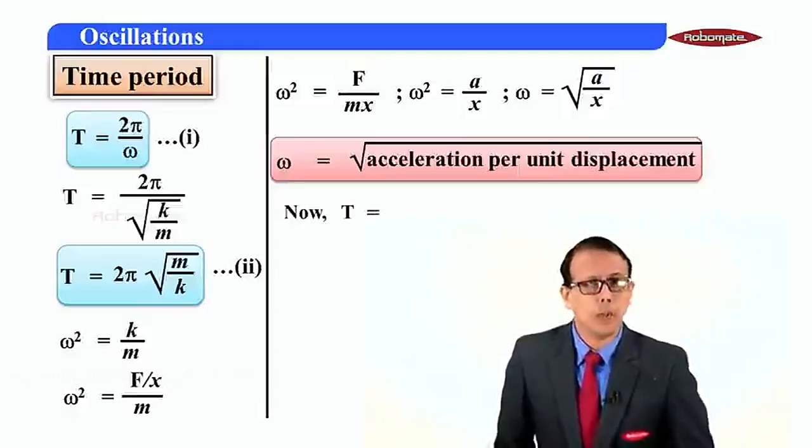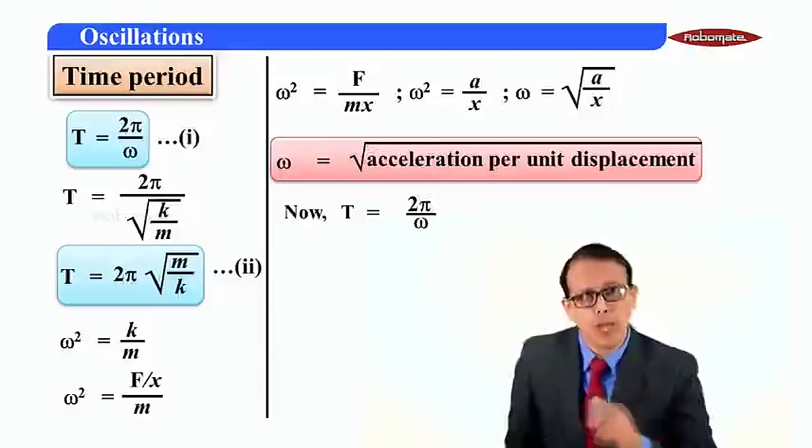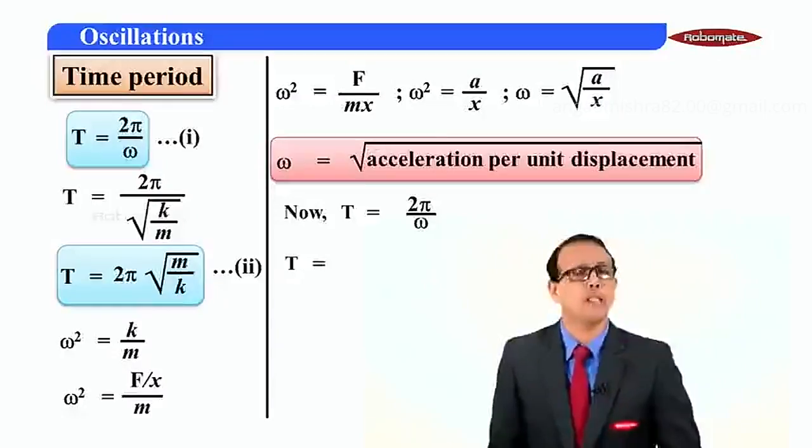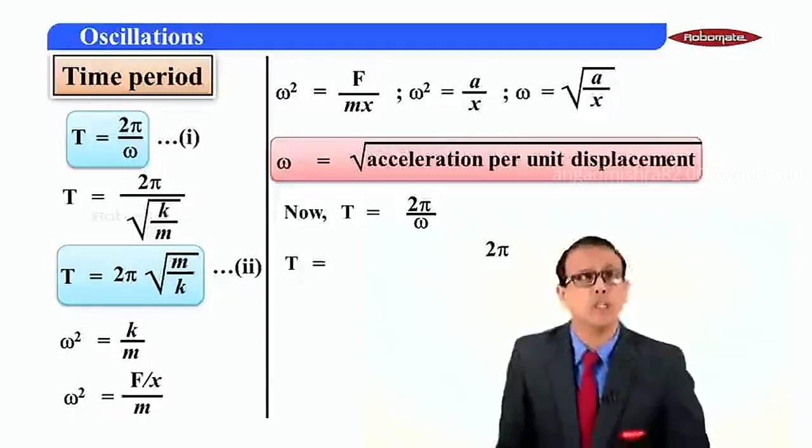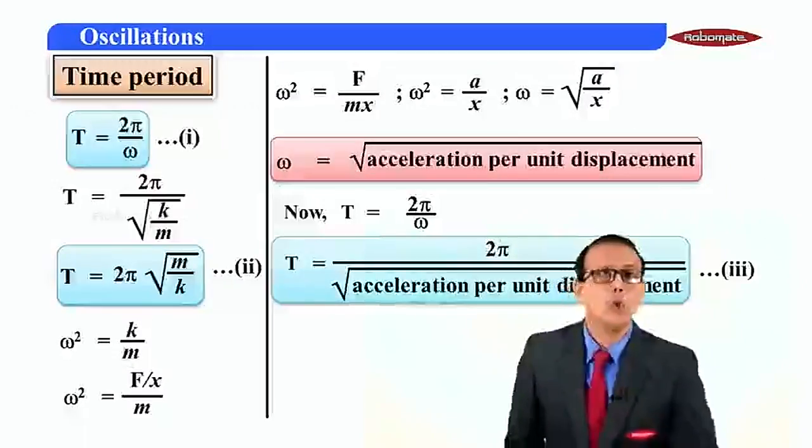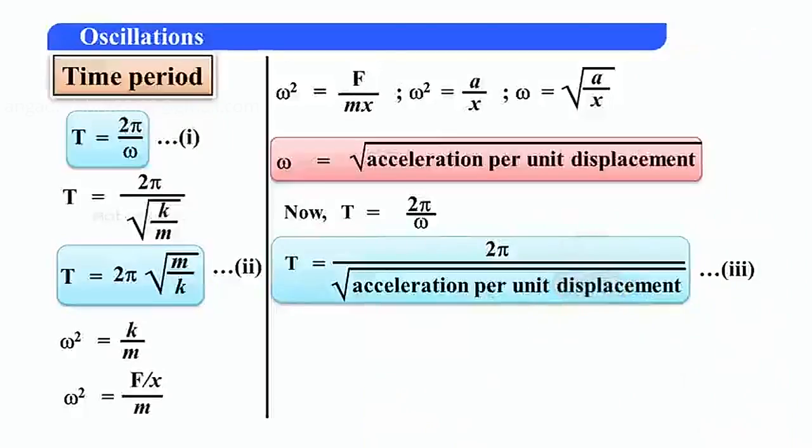As we know, T is 2 pi by omega. Let's substitute this value of omega in this expression and hence time period can also be written as 2 pi upon root of acceleration per unit displacement. So we get three formulas for time period here: 2 pi by omega, second 2 pi root m by k,